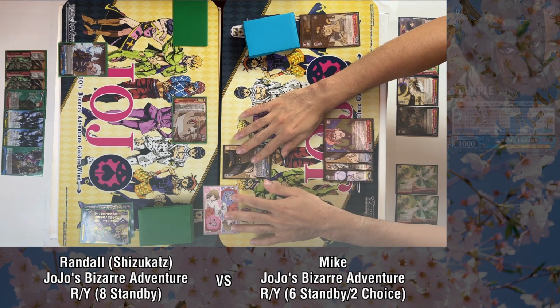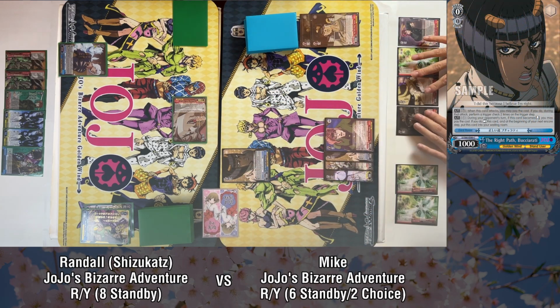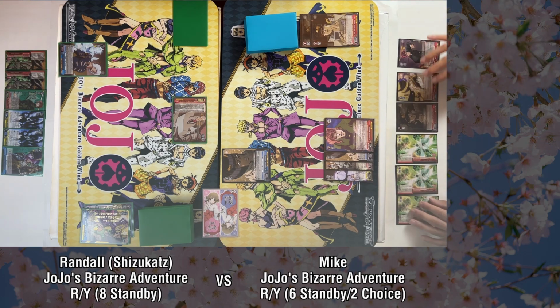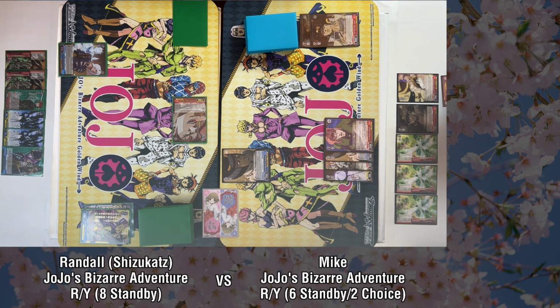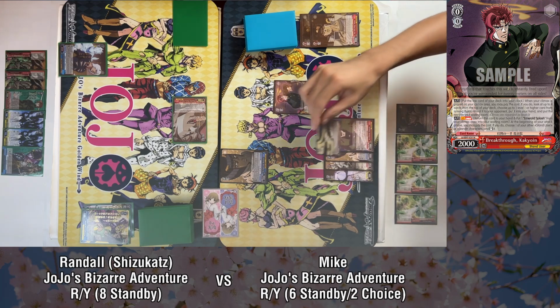We'll start with level 0 Bucciarati. This is a golden win card, but it's a really cool one. He has Twin Drive, pay 1 on attack, and also when he's reversed in battle, I can pay 1 to rest him, and then at the start of my next encore step, he goes to waiting room. I will also play a Kakyoin, and a Brainstorm,